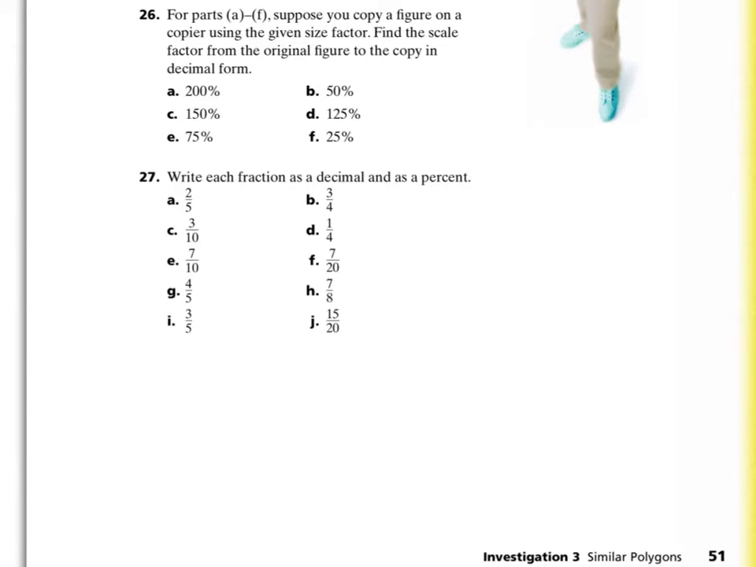Alright, for 27A through E, you're just going to find, rewrite each fraction as decimal and as a percent. So for A, 2/5 is the same thing as saying 40% or 0.4. So 40%,